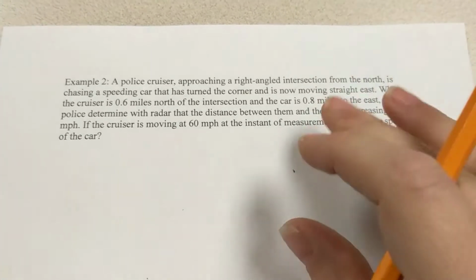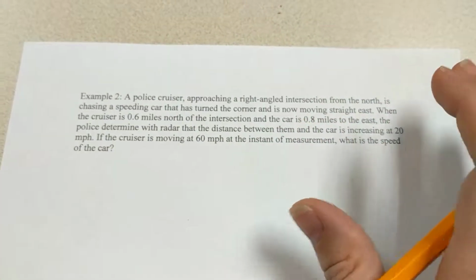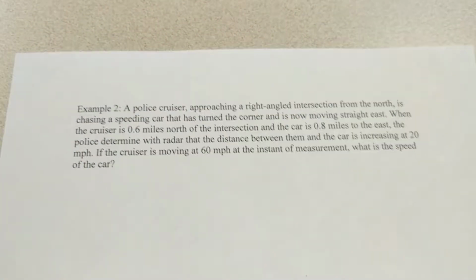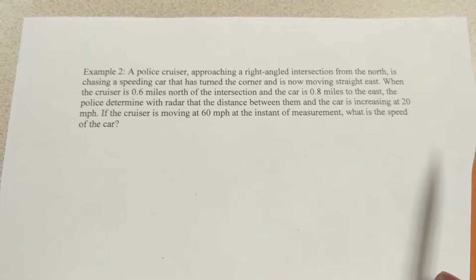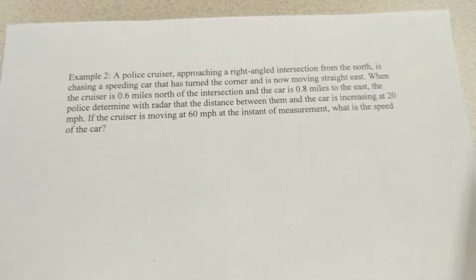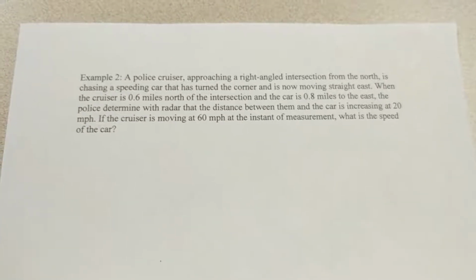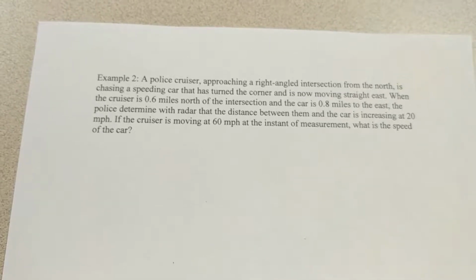So example 2, we've got a police cruiser. This one's my favorite question. Cops and robbers: approaching a right-angled intersection from the north, and it's chasing a speeding car that has turned the corner and is now moving straight east. So when I draw this picture,